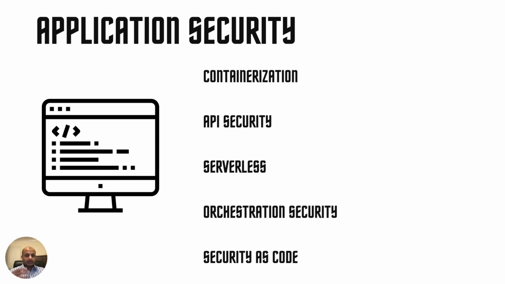Similarly, API. The whole cloud is an API security thing, right? You want to make sure that controls are there so malicious API calls are stopped. Apart from that, serverless. Serverless is basically there's no hardware, there's nothing there, just code you can run on the internet, and you will be charged based on the computing time that goes. Do you have controls which can scan your serverless functions? Similarly, orchestration like Kubernetes, which is built on multiple layers, and you have nodes running. Most people I know are not really fully educated about Kubernetes security, how orchestration works.